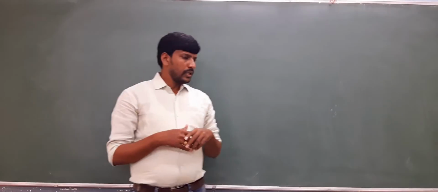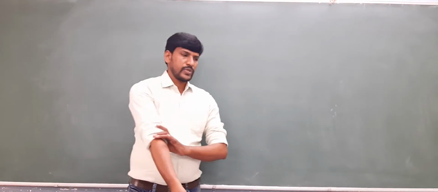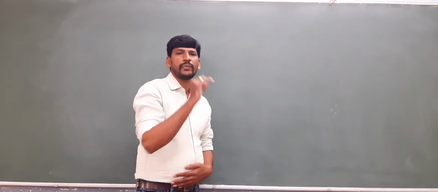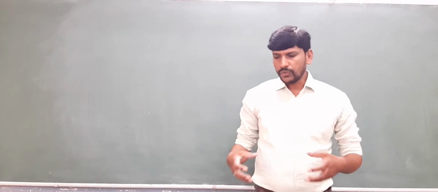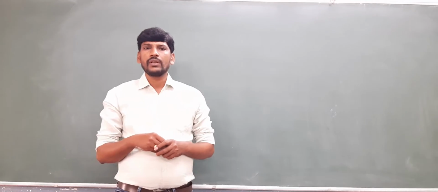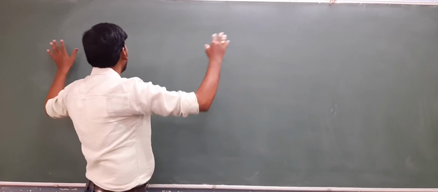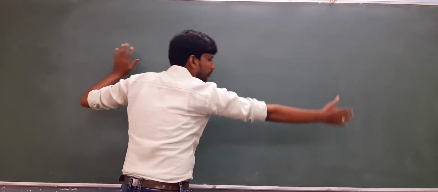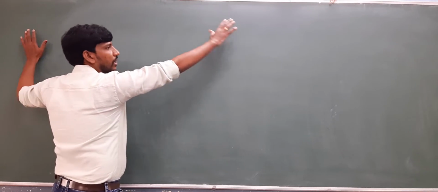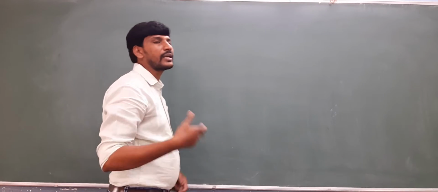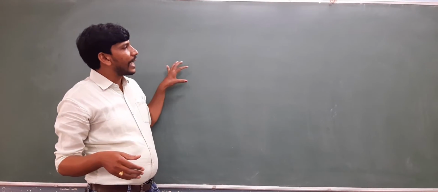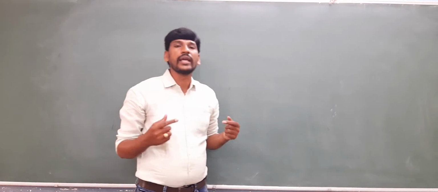Now let us move to another concept. Till now we discussed the perimeter, which means the boundary of the shape. Now we are going to discuss that a shape occupies some place. Think, see this is the board. This board occupies some space on the wall. What is that space called? The space occupied by an object or a shape is called area.